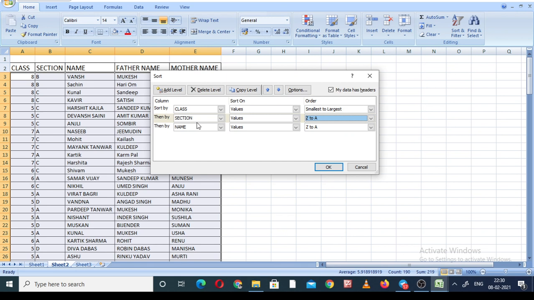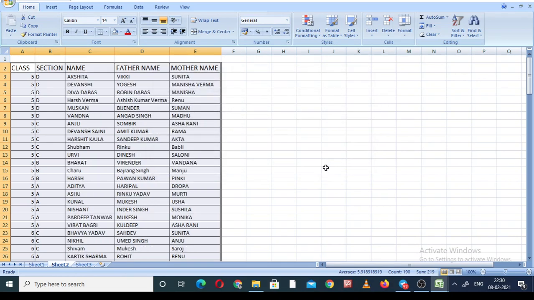Okay. The next one, the name of the students. Third one, values again, but we want it not in descending order, we want ascending order, means A to Z. So class should be smallest to largest, 5th to 6th, 7th, 8th, section D, C, B, A, and then names of the students alphabetically A to Z. After completing this task, we have to click on the OK button.